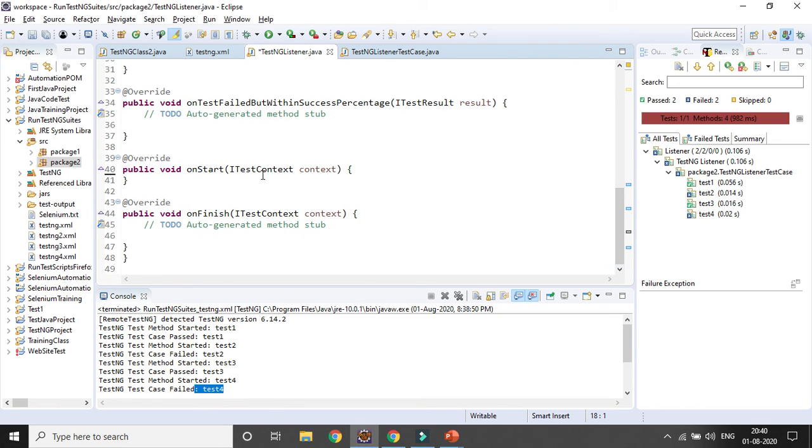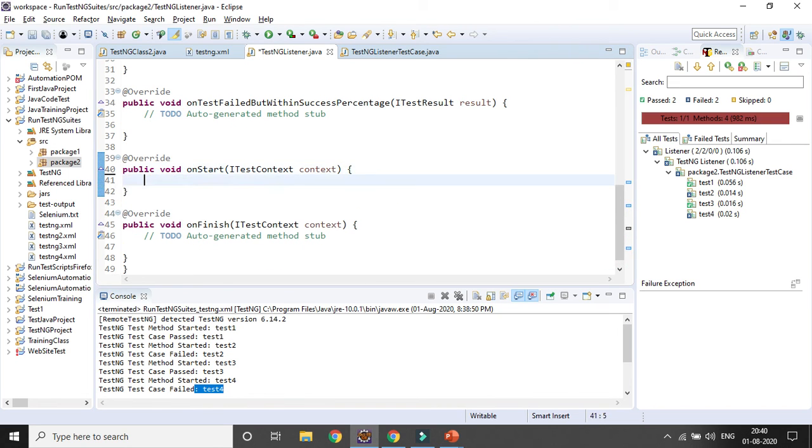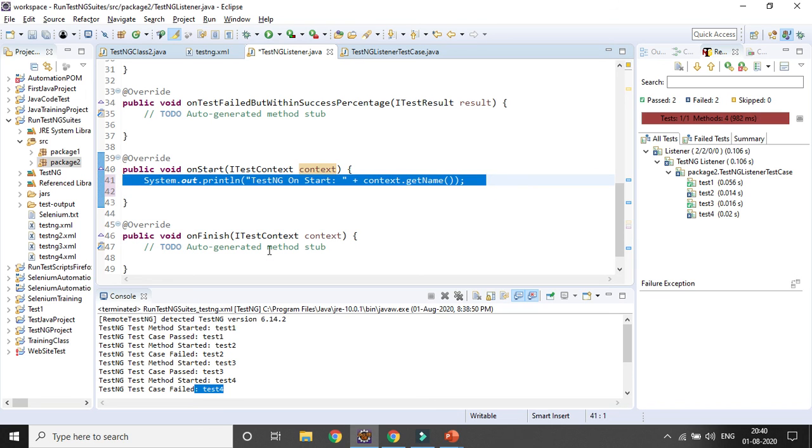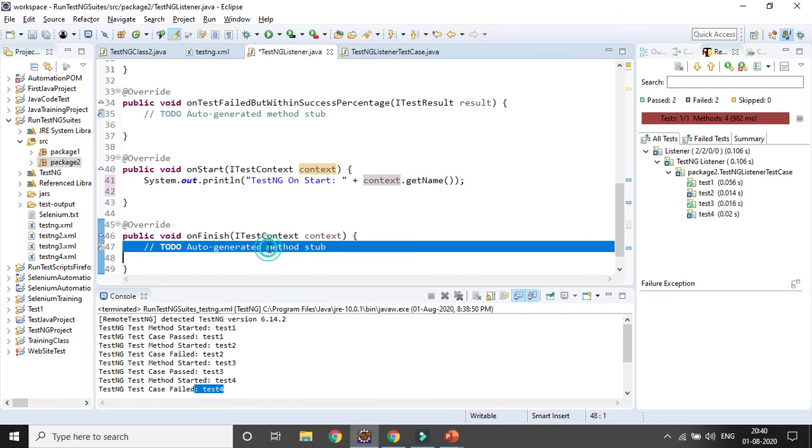It will be displaying the context only. So on start, TestNG on start, and the result will be the context. Similarly on finish, if you want to print it, it will be TestNG on finish. So I updated this part.